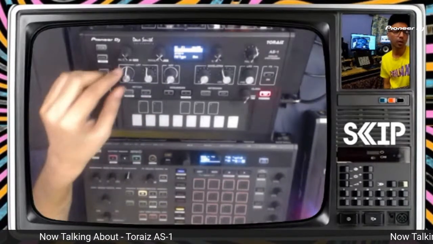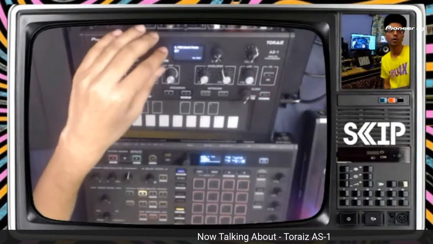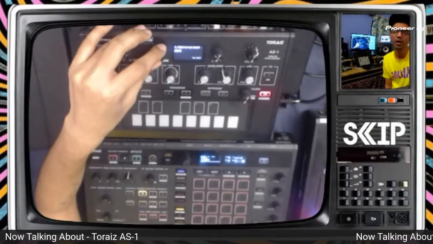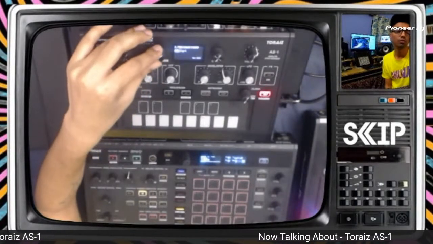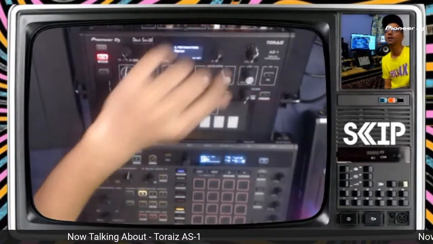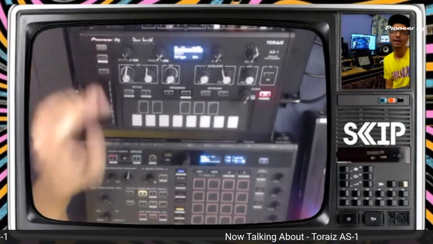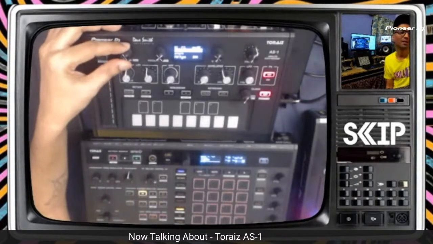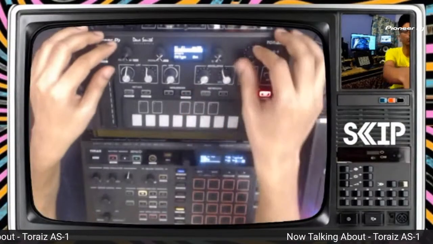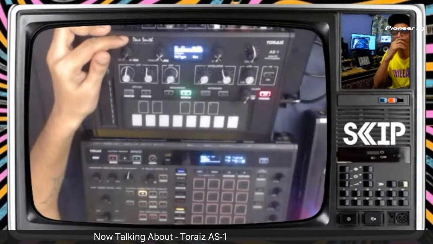In the AS1, the sequencer right now, usually what I do is I take it off, but it comes with some great sequences. I'll give you an example, and the best part is every patch has a sequence of its own. That's the beauty of this. So let's say I play this and I just go through patches, you'll see what I'm talking about. So this is a built-in sequence.